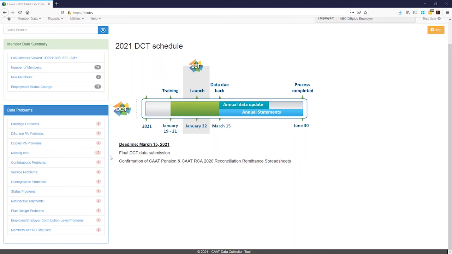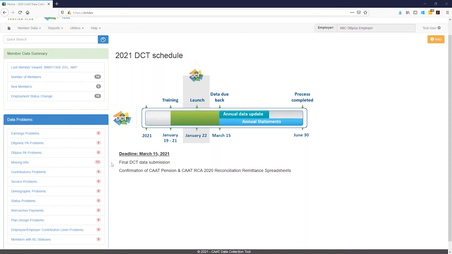This count will change after you import your in-year data and run validations. After the data has been imported and the validation has been run, the system will analyze the imported data and generate the error reports. These counts under Data Problems will change. If your in-year data is not up to date, you will start with the status update file, followed by the earnings and contribution file, and lastly, the year-to-date file. For each file imported, we will review the import errors and at the end, run the data validations.